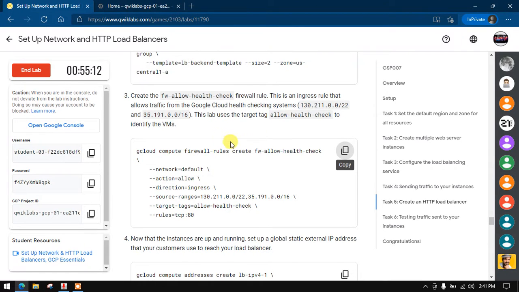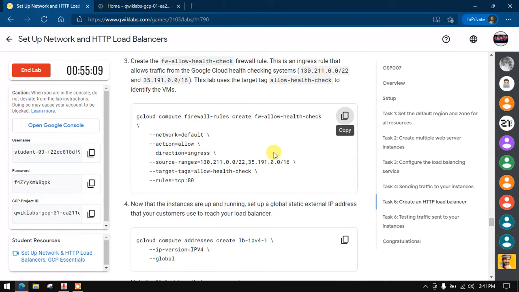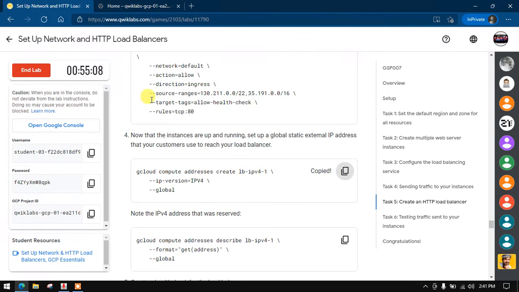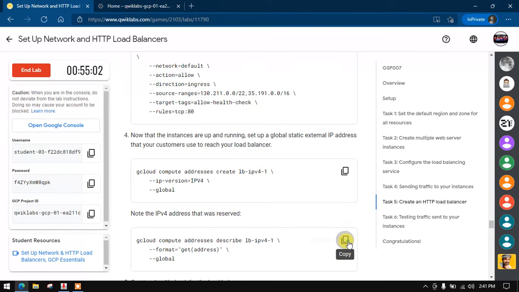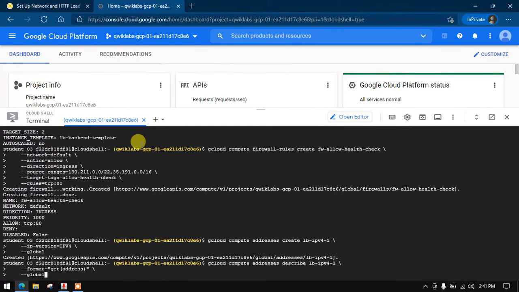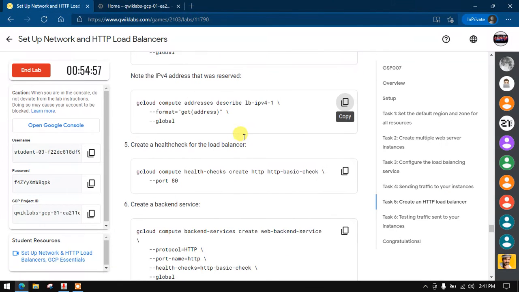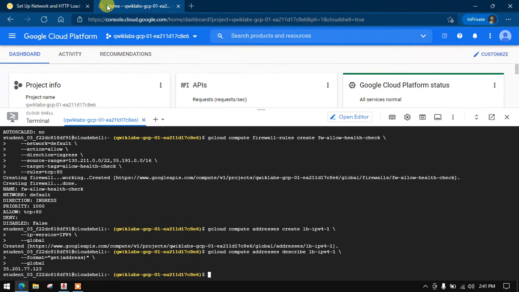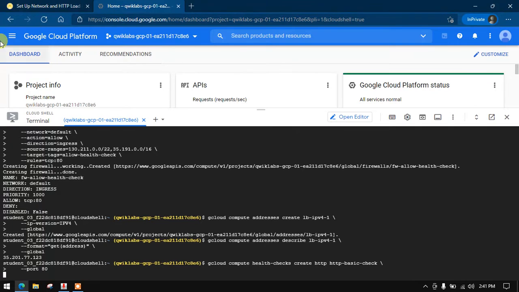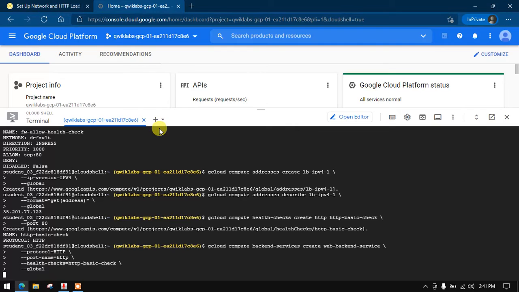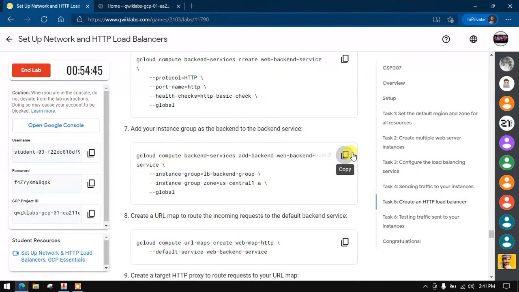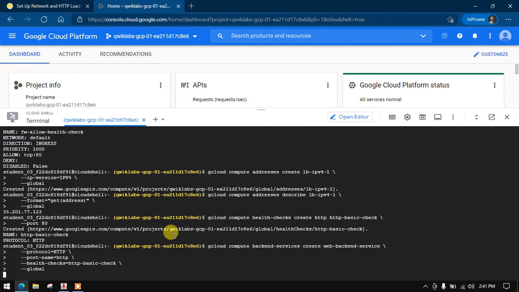Okay, so the firewall rule is ongoing, and once it is done, you can run. So the simple trick is here: you should run each code one by one. Somewhere we need to change something, but I know this event is super simple, and we have already practiced lots of such cloud skills in our previous Learn to Earn Google Cloud tracks. So this time we are feeling a little bit easier.